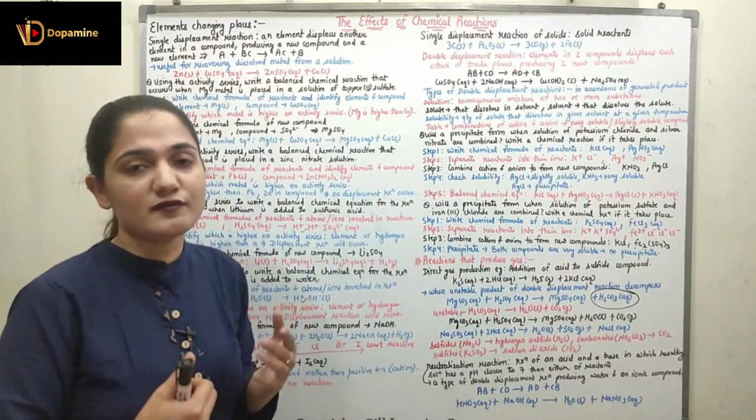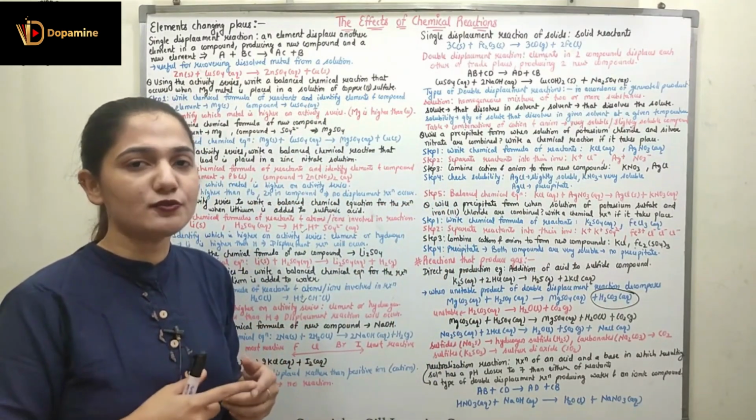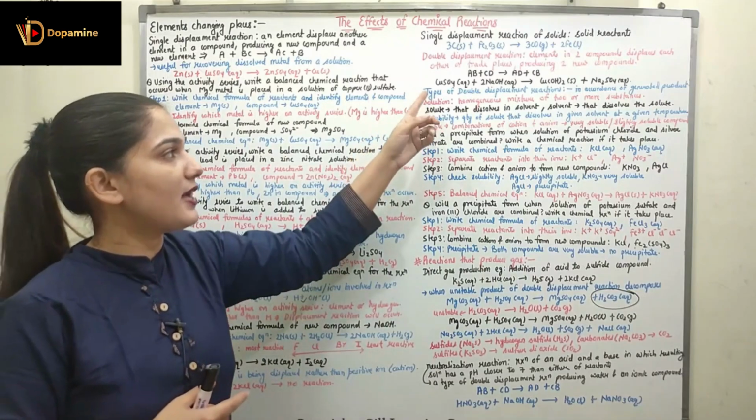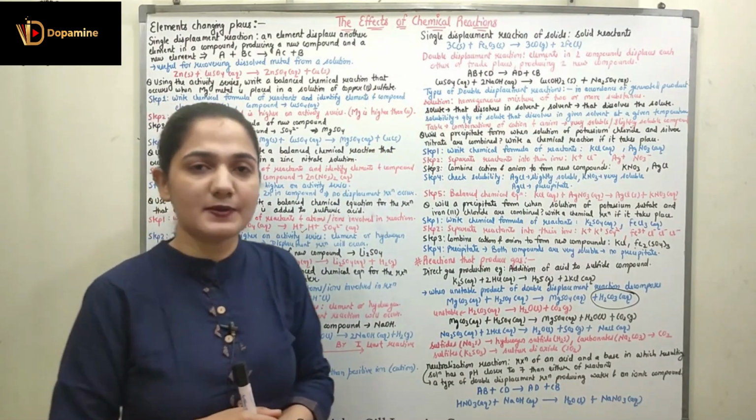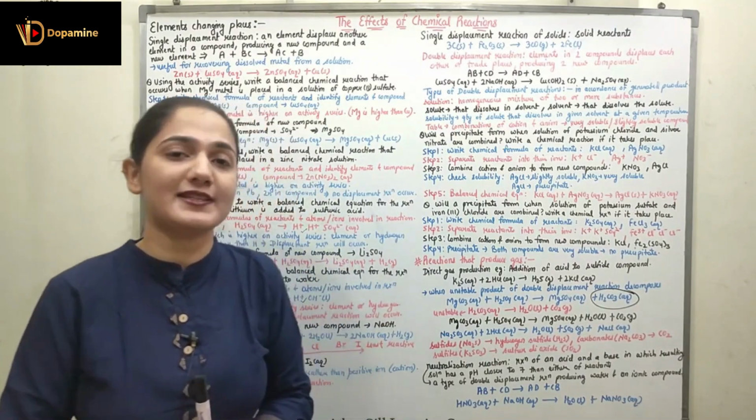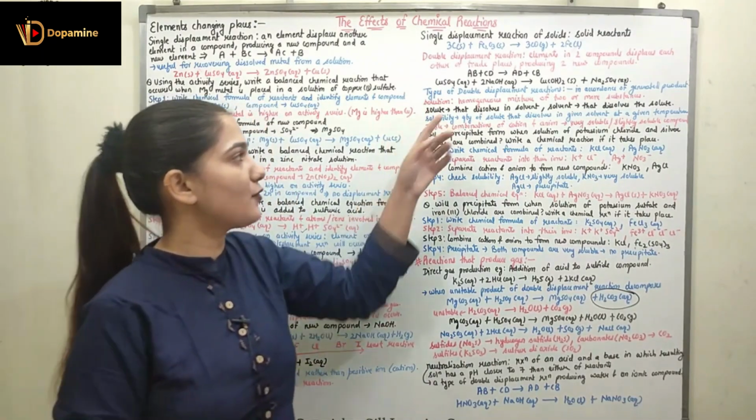We are going to see what kind of generated product we have, and in accordance with that we are going to see that we have different types of double displacement reaction. First is the precipitation reaction, where we are going to form the precipitate. For that we have to understand what is a solution.